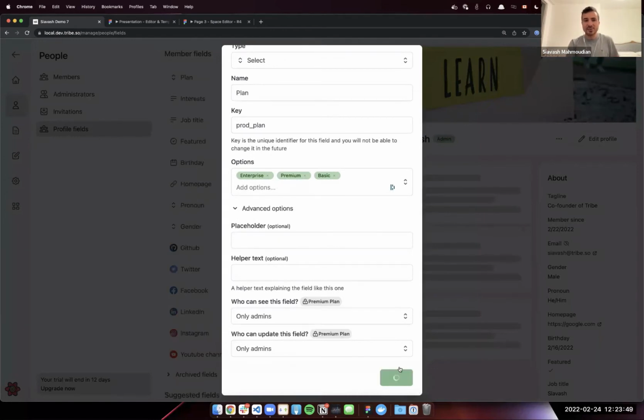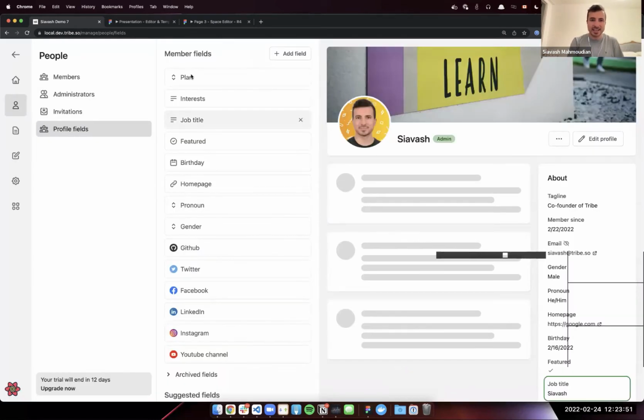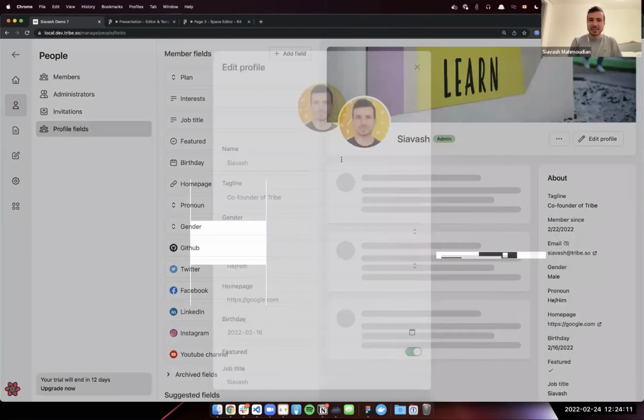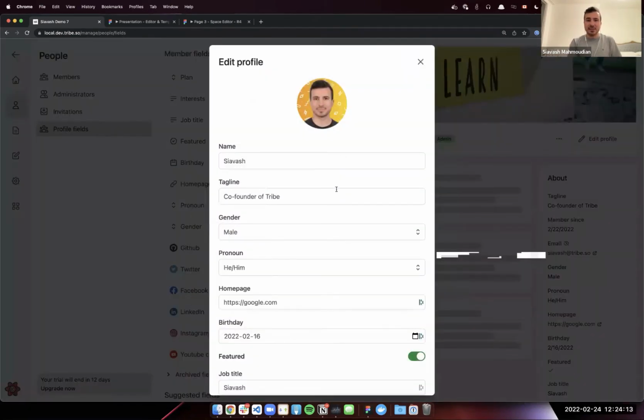So let's actually create this field. I just added a plan. And if I now look at it here, as you can see, I can check how each of these fields looks. And as you know, the social fields will look very ugly if you have text fields for all of them. In this case, we have them as the image and people can click on it. And then here's how the editor looks.